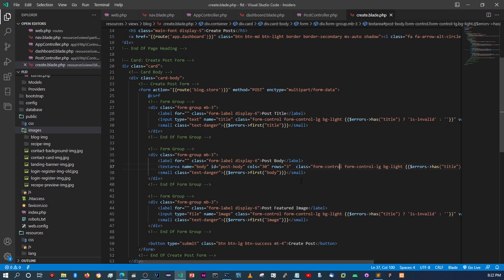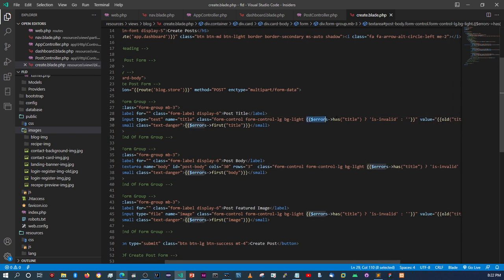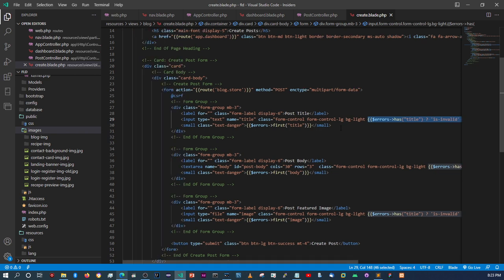Okay, so I've done all the validation. Like I said before I paused the video, all I did was add this particular error function here, along with the value to keep our old values, and then also set this text at the bottom. What this will do is give us a red border and also an error message at the bottom of the input field to indicate that